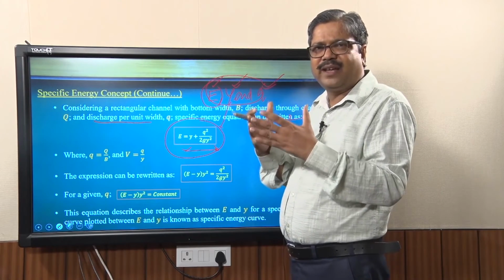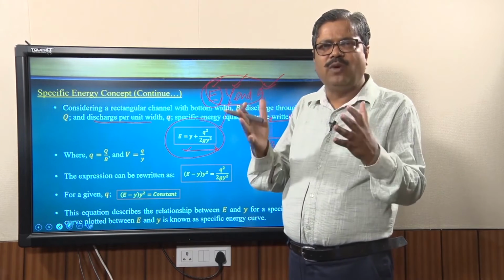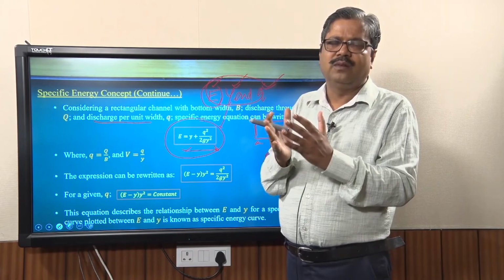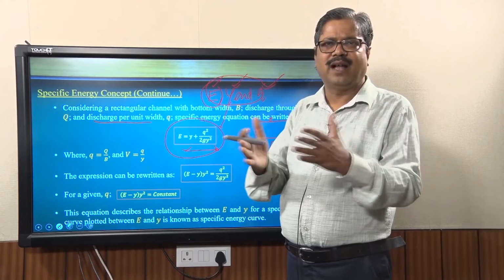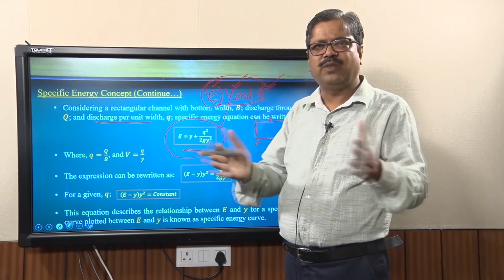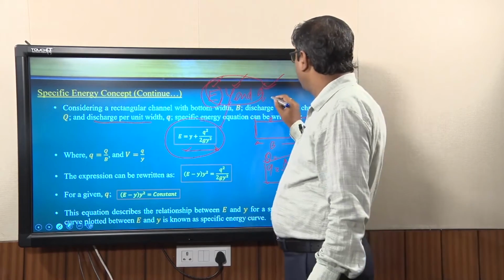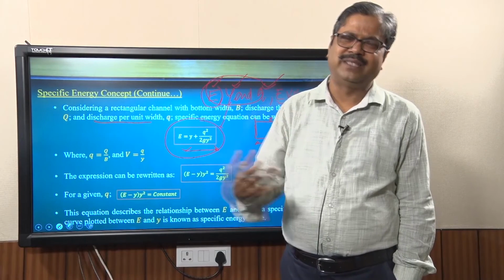In the same way, if I assume q does not vary, that means the capital Q discharge that is coming is a constant, it is a steady flow, and the width of the river is not changing. I am considering a rectangular river whose width does not change. If that is the condition, q also does not change. In that case, I am looking at what could be the relationship between E versus y. So, that is the concept, and the other derivations are the basic things.